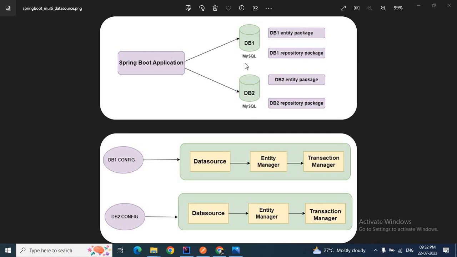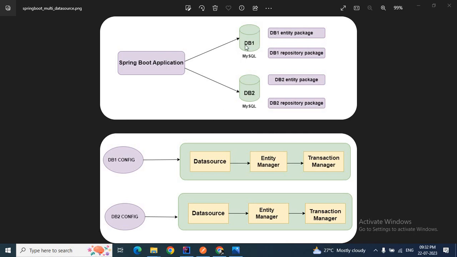So usually what we do when we have a Spring Boot application and we want to connect with our database and do some database operation, we need to first add the Spring Data JPA in our pom.xml. Then we need to define the Spring data source properties in our properties file or YAML file, isn't it? But here in this example we have two databases. So we want to connect this single Spring Boot application with two databases.